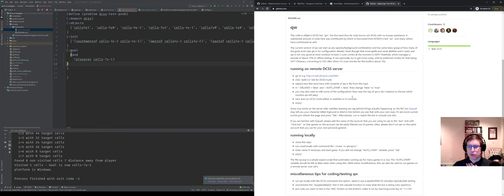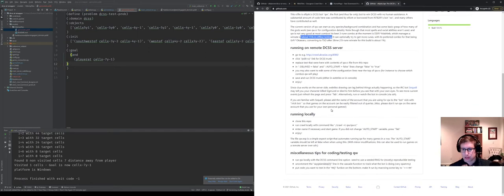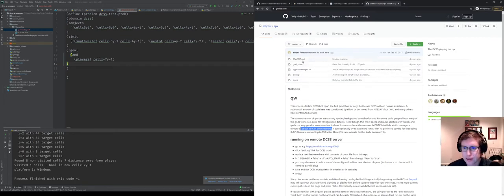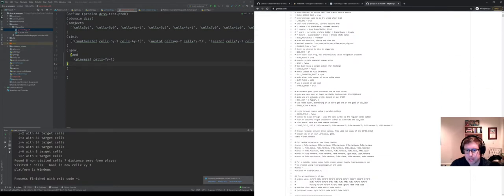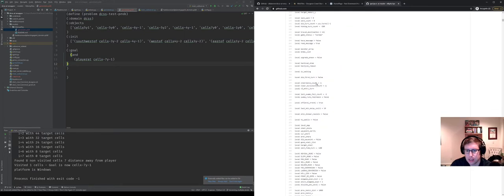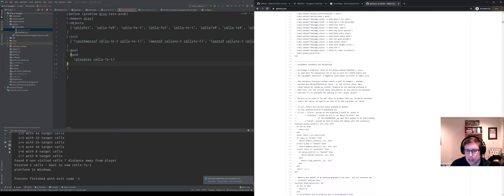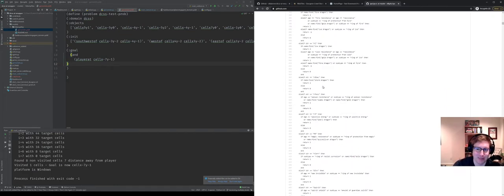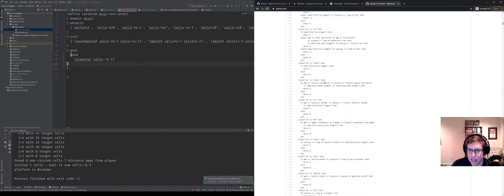Okay, so right, the QW bot. This is a good question. I think if we look, so this is the RC. Yeah, so I think this file that I'm looking at, qw.rc, this is all the logic for the QW bot,